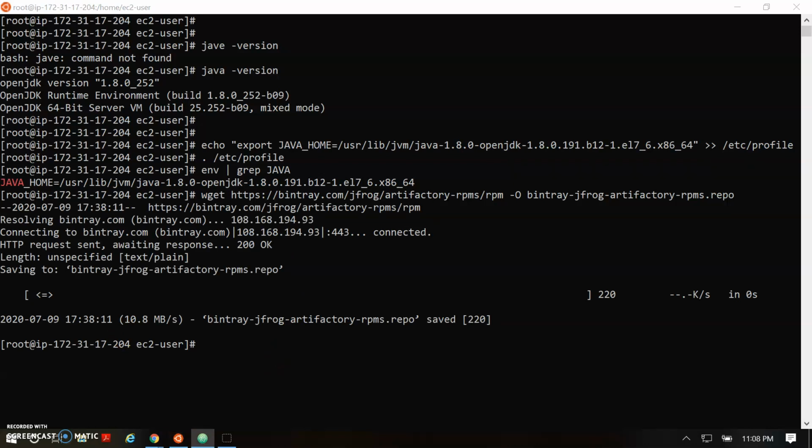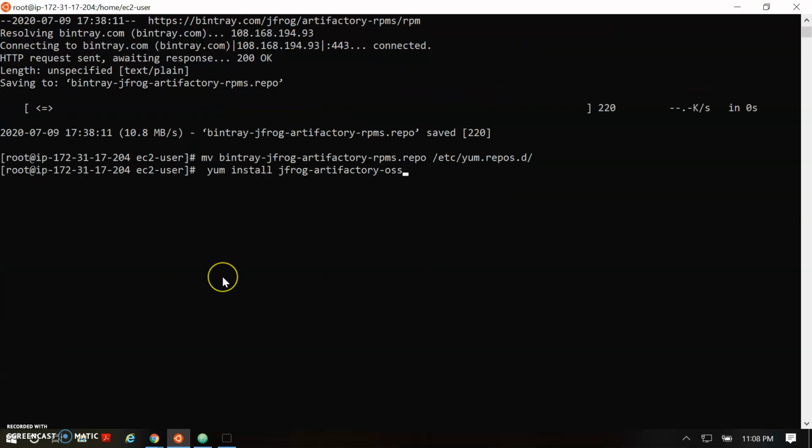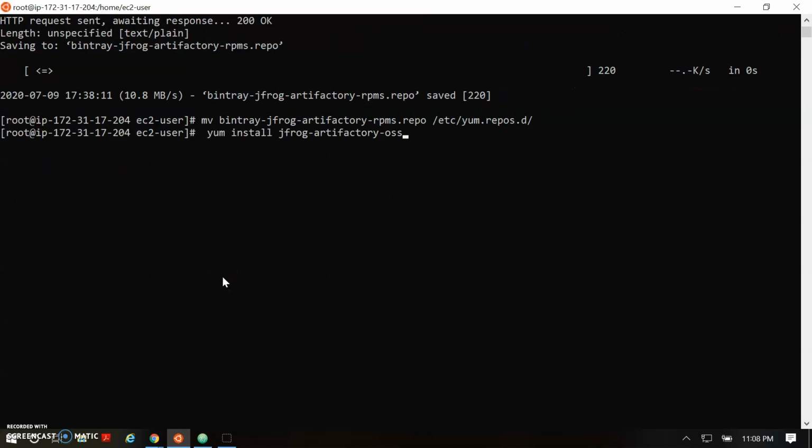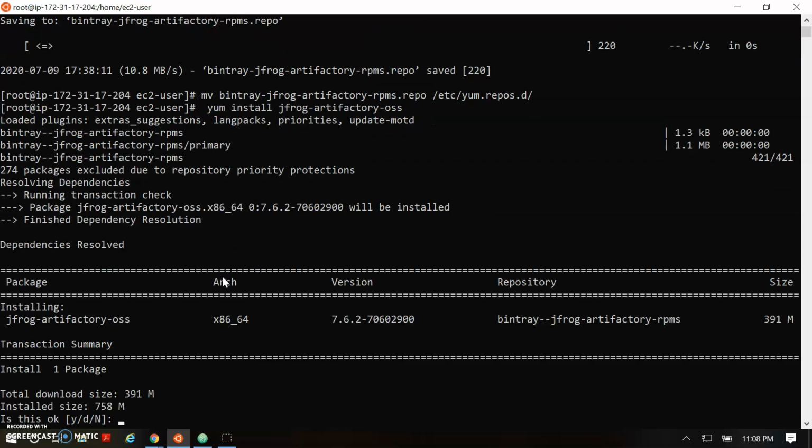Let me move this file to the etc directory, and at last we are going to install the Artifactory OSS package with yum install jfrog-artifactory-oss. There is a pro version also, but we are taking the open source version here.